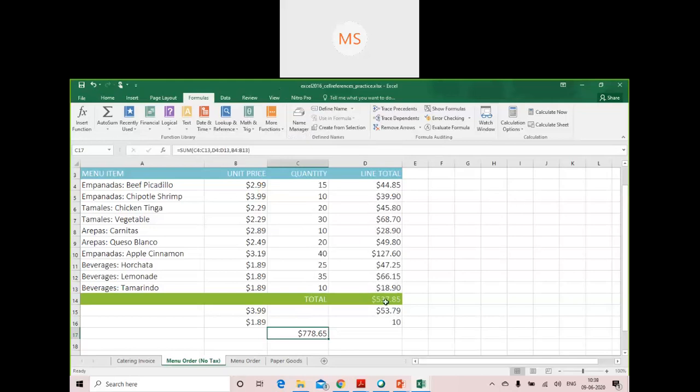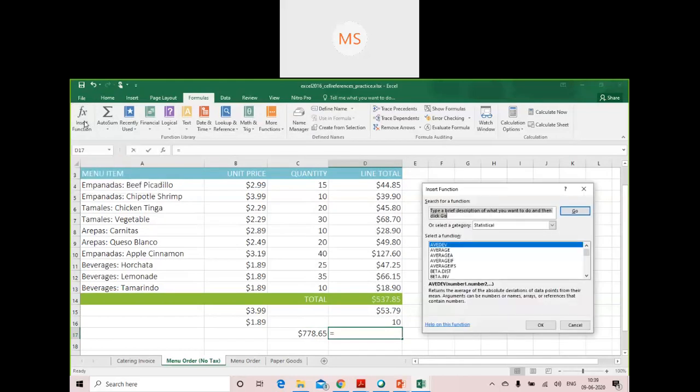Apart from that, if you don't want to make use of functions directly, or you are not able to find the function, you can make use of insert function. The moment you click on insert function, it opens an insert function dialog box where you can search for a particular formula.